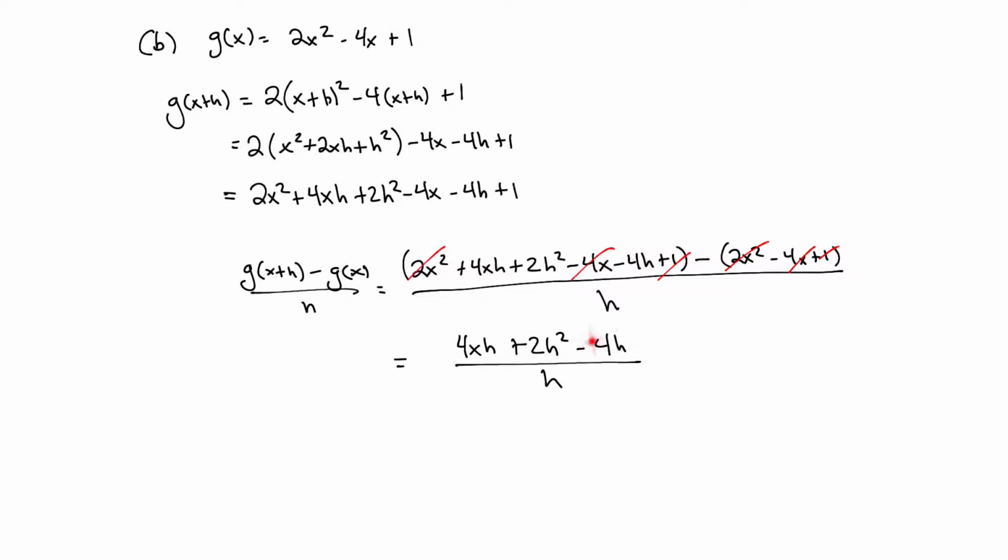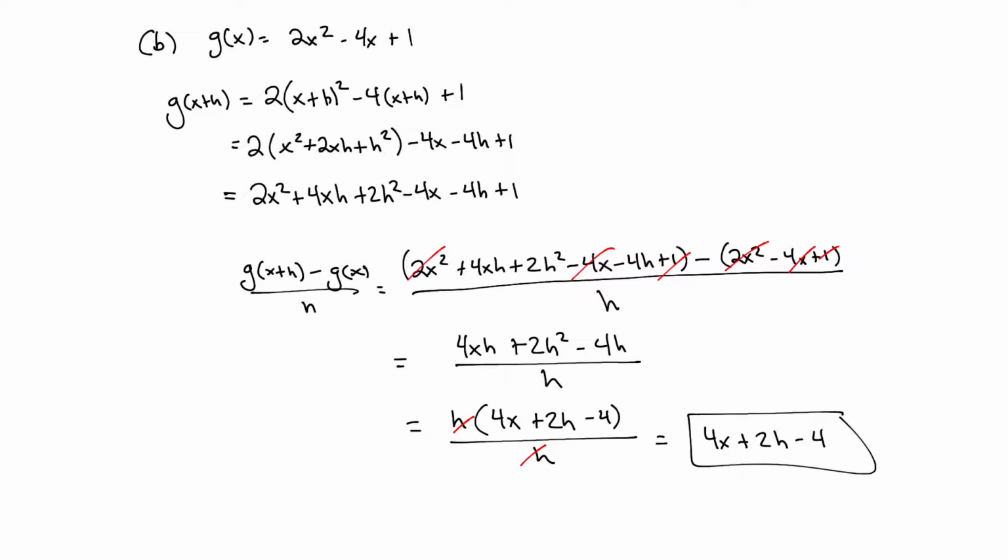But what we can do is notice that everything here has a common factor of h. So we can factor that out front, and then we get h times (4x plus 2h minus 4) all over h. And now the h's cancel, and we have 4x plus 2h minus 4 as our answer. And since the h has been canceled, we know that we have simplified it enough. Moving on to part C,